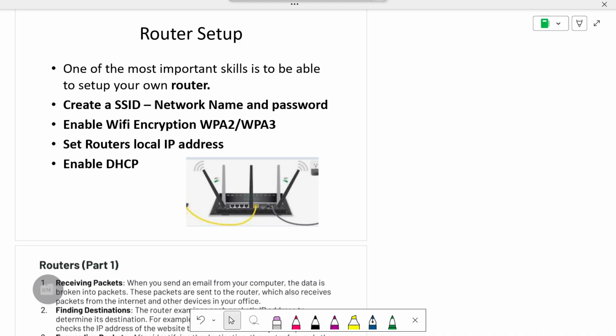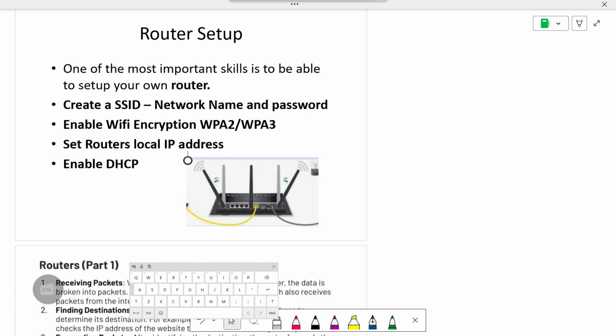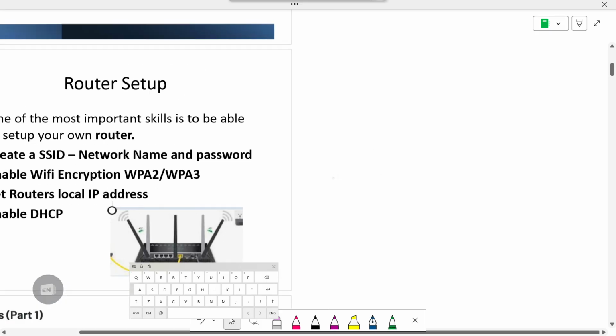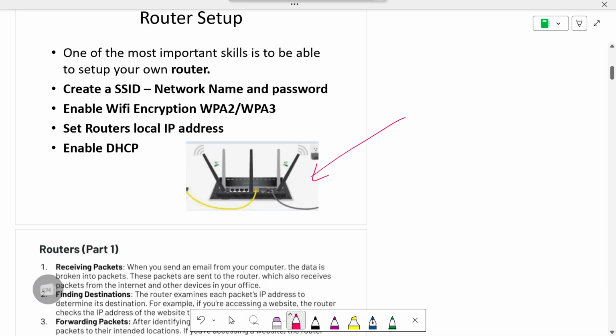There's WPA2, which is the older encryption protocol, and if you can, you want to use the newest one. It's called WPA3. We need to be able to change the IP address of the router. That is like the door that you can access. Normally, the standard router IP address is